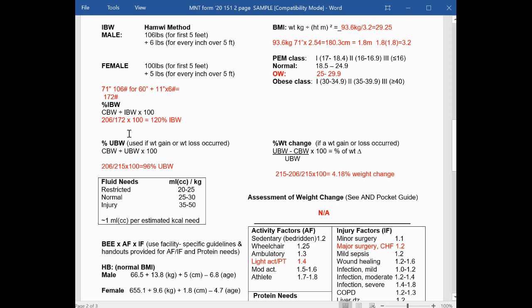The next formula we're using is percent ideal body weight, where we're taking their current body weight of 206, dividing it by the ideal body weight that we just figured out up here, and multiplying by 100 to get 120%